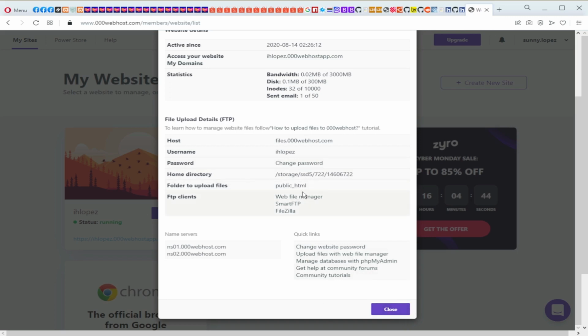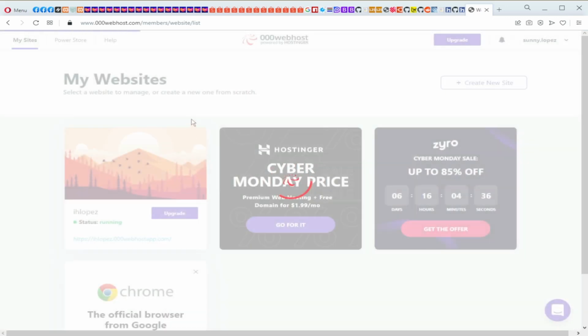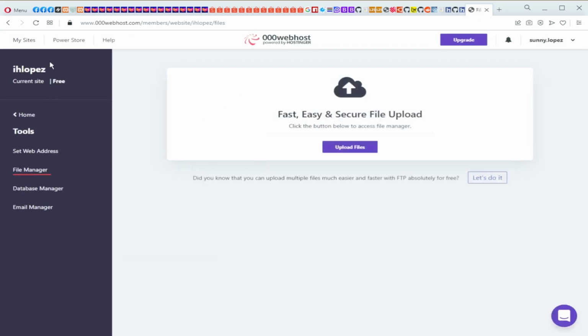Okay, this time I'm also going to talk about our web file manager. So let's click our web file manager. We will be redirected to our web file manager. So this is our web file manager. Now, on the left-hand side, you have here set web address, file manager, database manager, and email manager. I won't be talking about how to use your database manager as well as email manager. I'll just be talking about file manager,